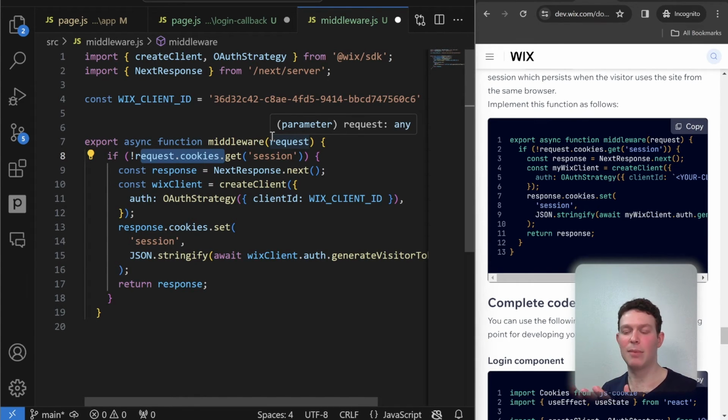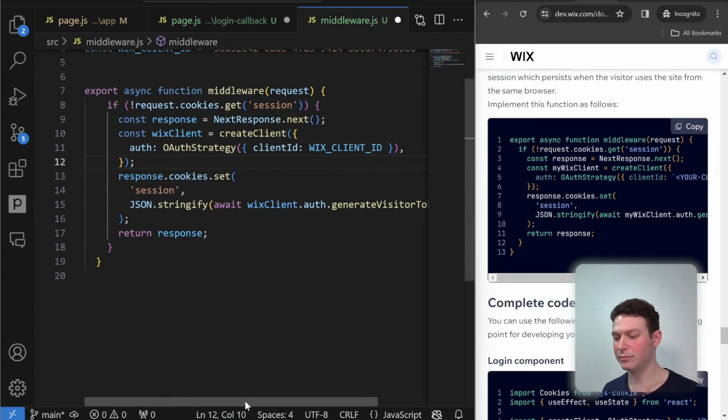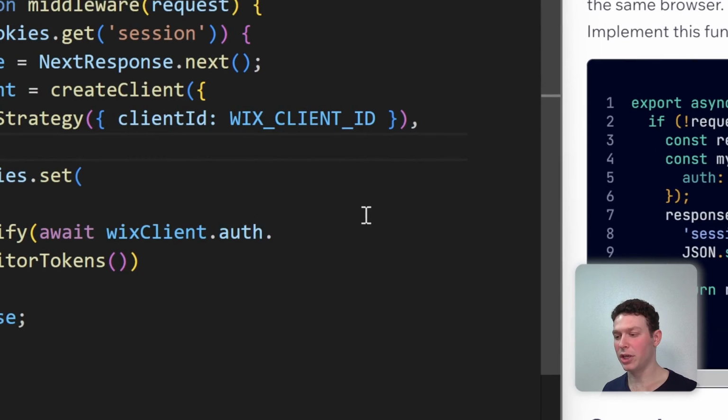Every time you get a request, you check to see if the session cookie came in with that request. If it did, you just continue to the next thing that's going to happen inside of the backend processes. And if not, you go ahead and create a visitor session using this generate